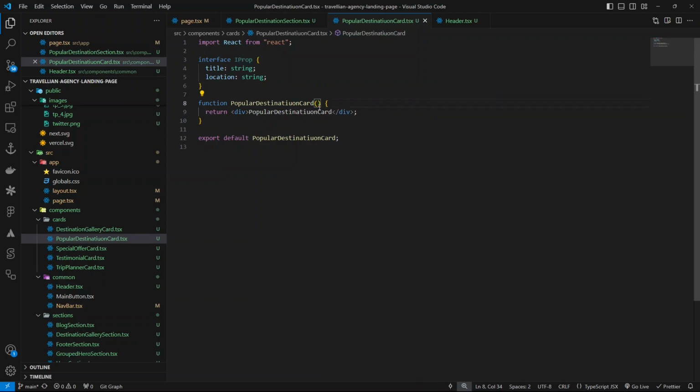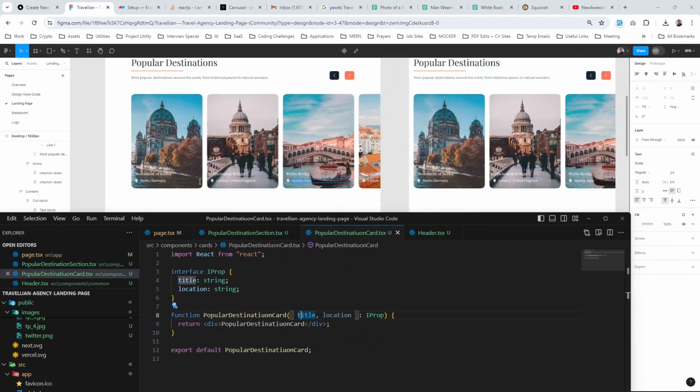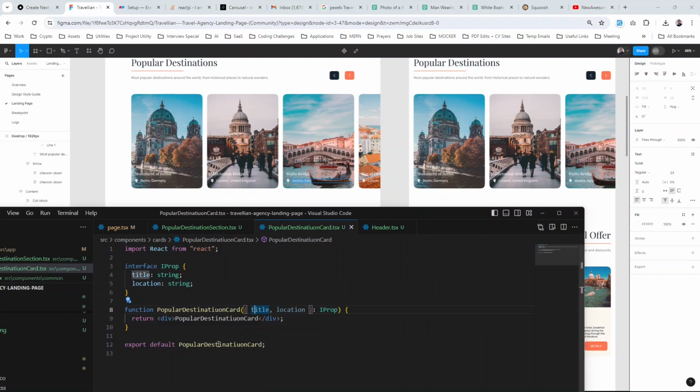And coming in the title, location, iProp. Okay. So now, the way we want to work with this is we could use a background image, but at the same time we could just use it like an actual image. So